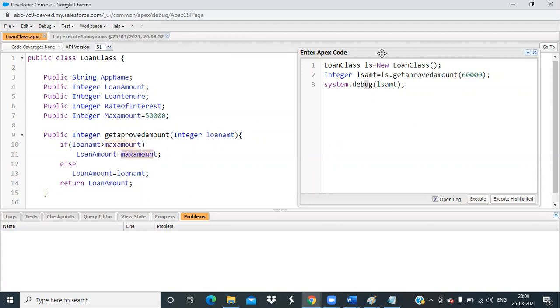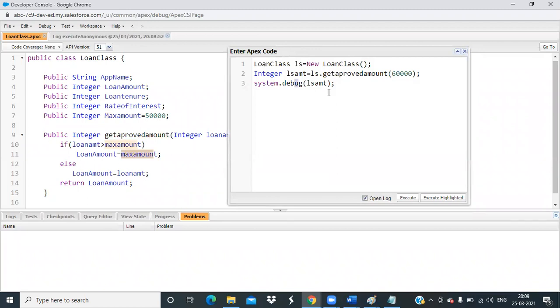Through this object, we are calling this method, passing the parameter value. We are getting this return value into this variable, and we are printing this. So this is the way of writing a class and creating an object, and whatever methods we have coded into the class we can access through the object only.